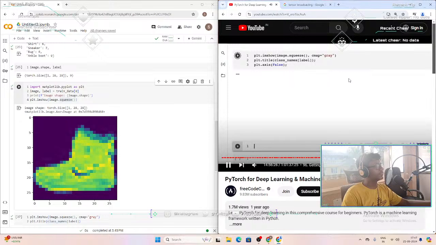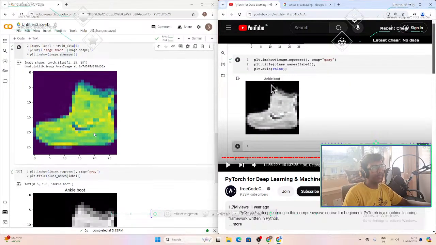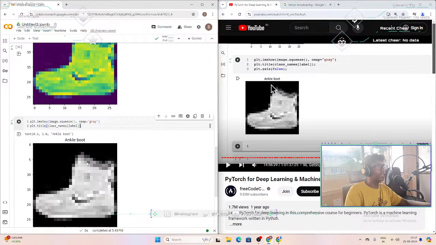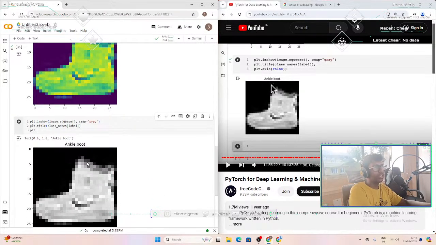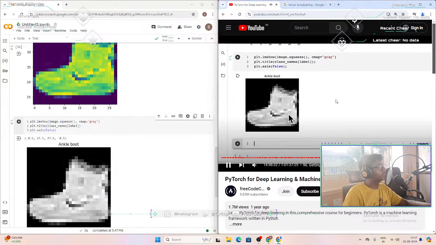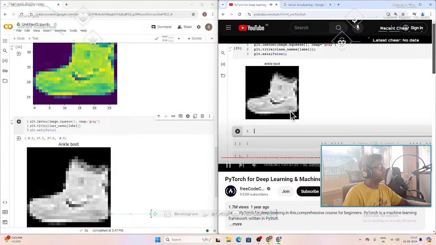Plot.axis, turn that off. That's going to remove the axis. So there we go. It removed the axis. Okay, yeah, of course, we don't need the axis, it makes the image look a bit ugly. So let's remove it. Let's set it to false, rather. That shows the type of images that we're dealing with. But that's only a singular image. How about we harness the power of randomness and have a look at some random images